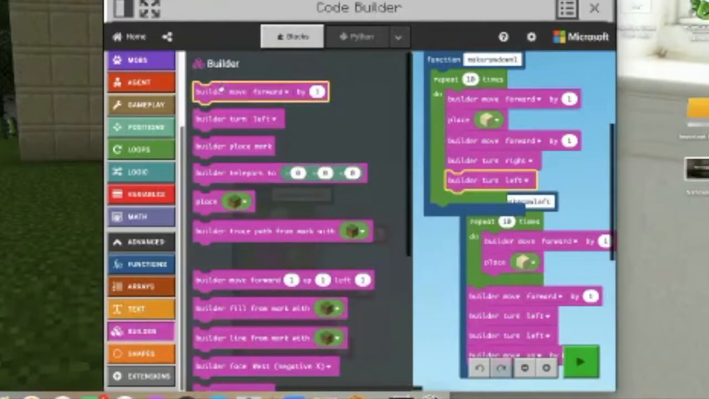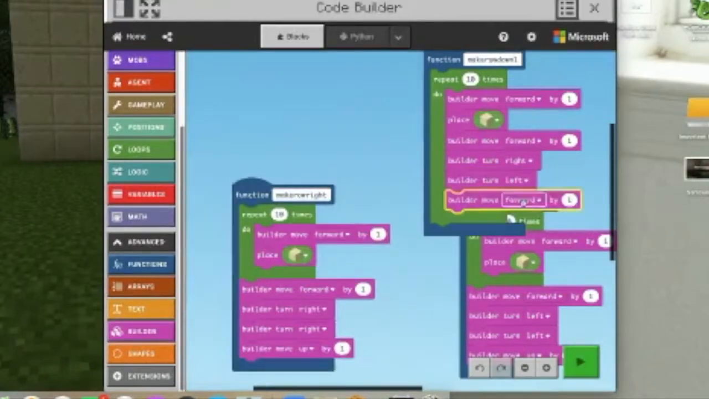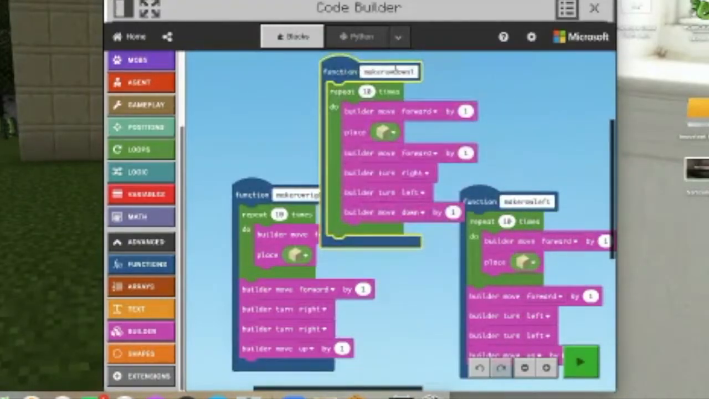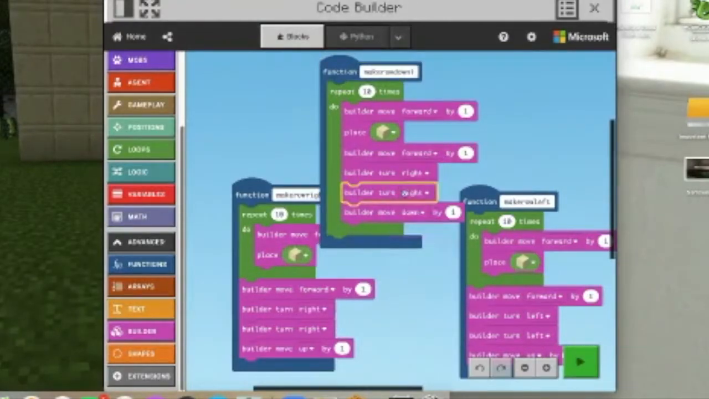Okay, now we're going to have him move down by 1. Okay, and that's going to make row down 1. So now we did it on the right. Oops, this should be on the right also. So if we have them do it on the right,